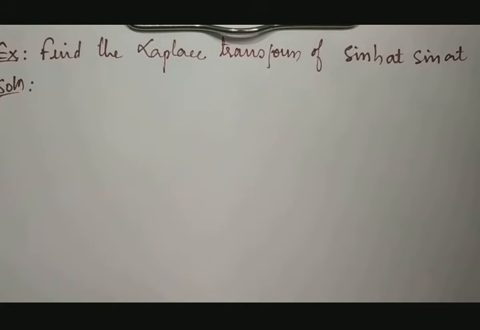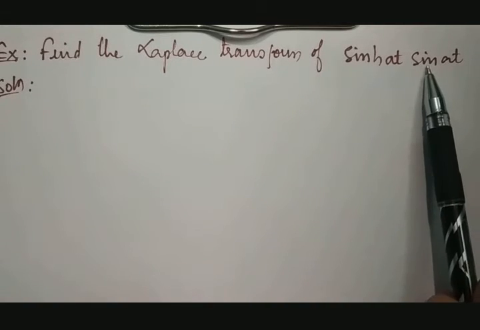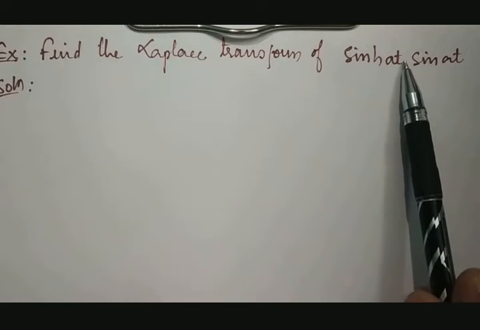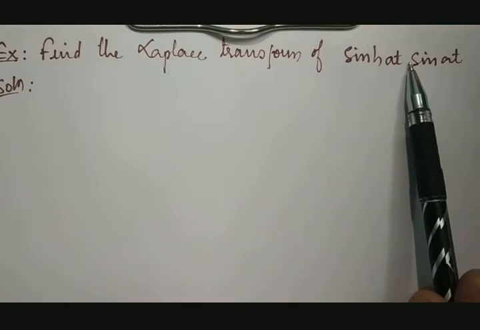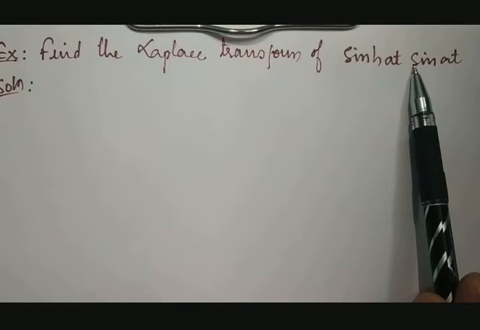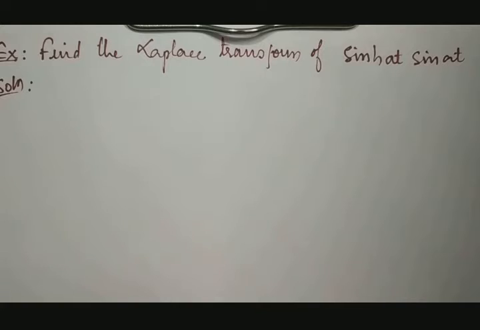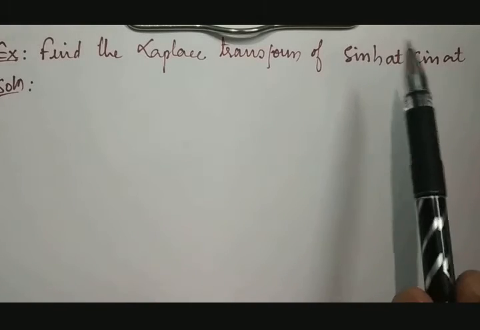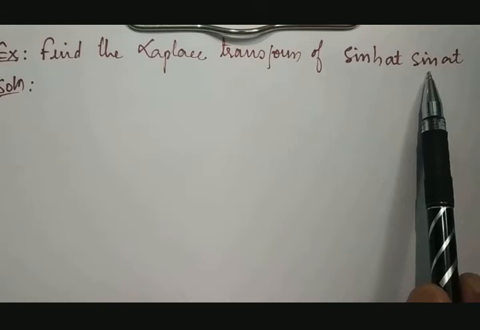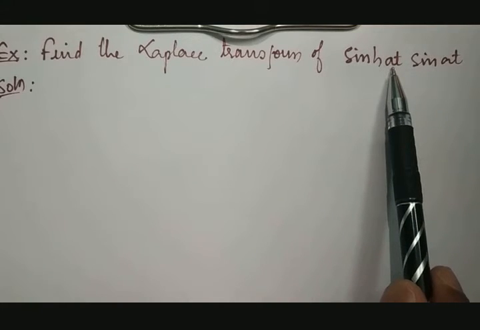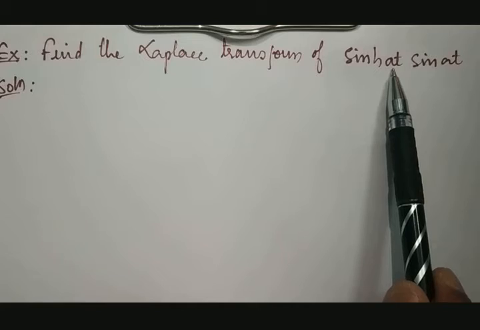Now we are going to discuss an example of obtaining the Fourier transformation of sine hyperbolic at into sine at. If it would be plus or minus in between these two terms, we would have applied Laplace transform directly. But since it is a product of two terms, one hyperbolic and one trigonometric, we need to solve this example after a simplification. It can be simplified. Sin at cannot be changed, but sine hyperbolic at can be expressed in terms of exponentials.